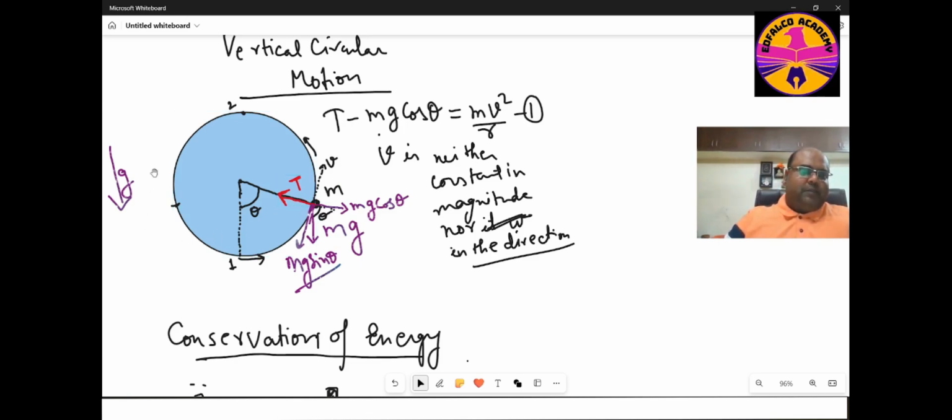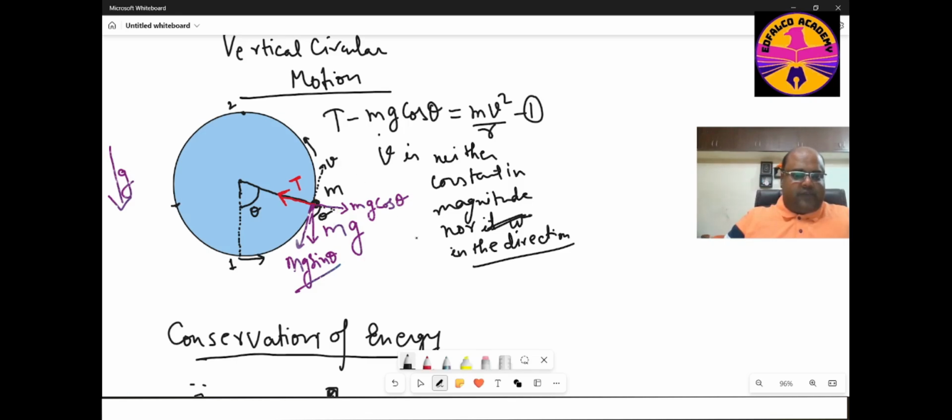So the only component that plays is the G, which we know is a conservative force. So the entire energy of this system, I mean the mechanical energy, which includes potential energy and kinetic energy, is going to be conserved in this scenario. And since it can be conserved, I can say that at any point, let's say at this point,